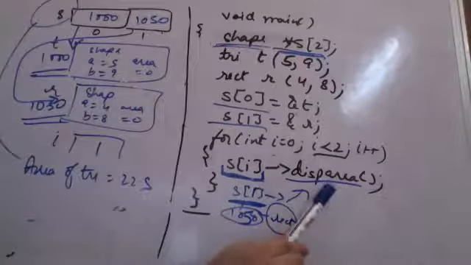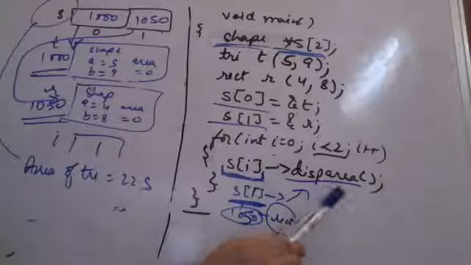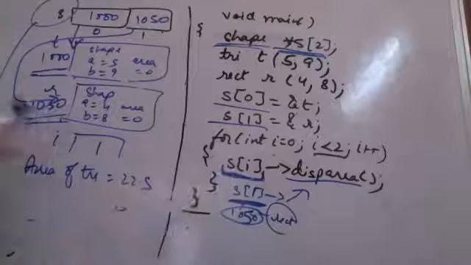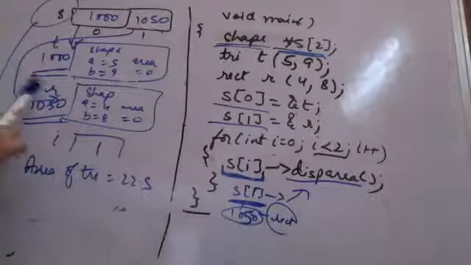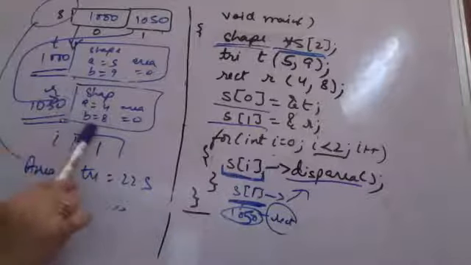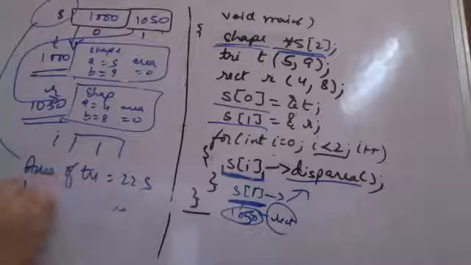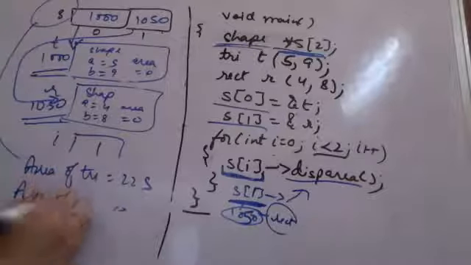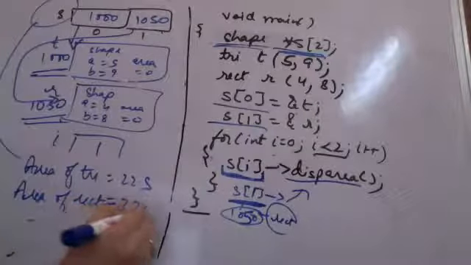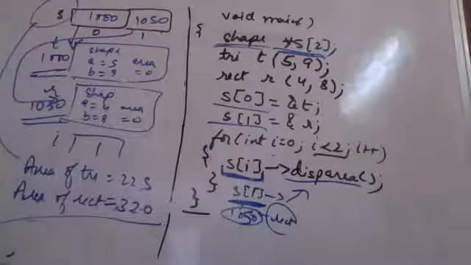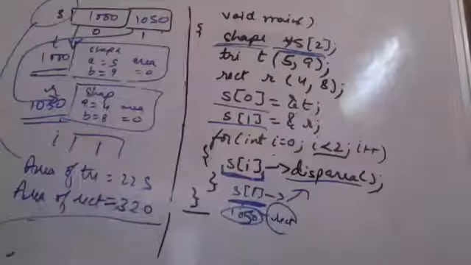Now when you call display area again, display area गया base class में, पता चला virtual है. Now it goes to derived class rectangle. Again the value of A and B for this object at 1050 is 4 and 8. The display area is called for rectangle with the values and you are able to print that area of rectangle is equal to 32.0.